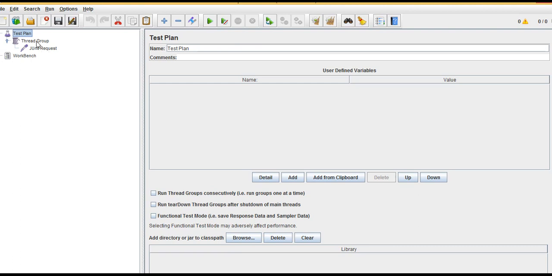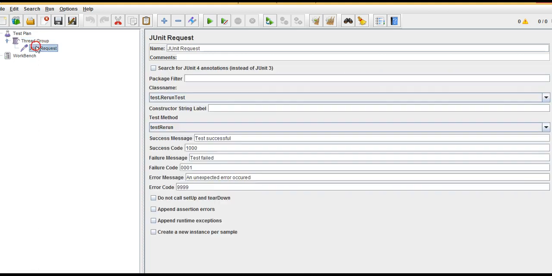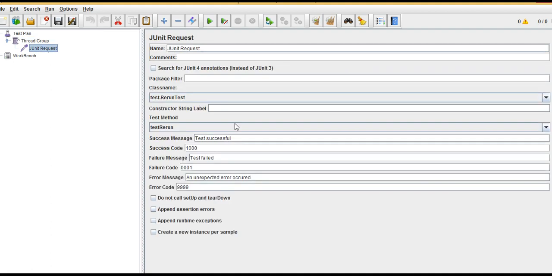Fine. So in the thread group, generally we go with HTTP request sampler, but this time I'll select JUnit request. I'll say that totally 5 users have to run it. Number of threads 5. At a time, 5 users have to run this test case. That's the basic criteria. Let's run this load with 5 users at a time, and come down here in JUnit request and click on